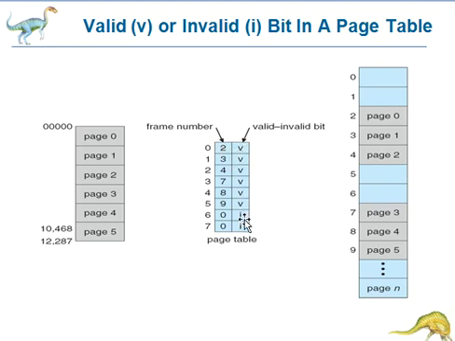V is nothing but the valid bit, I is nothing but the invalid bit, and now let's see how they are mapped in physical memory. In frame 2, page 0 is kept. Next, observe 0 and 0, meaning those entries are already invalid, so they are represented with 0 only. Like that, we can represent the valid or invalid bits for the particular pages in the frames.